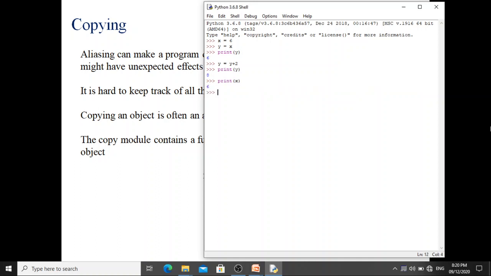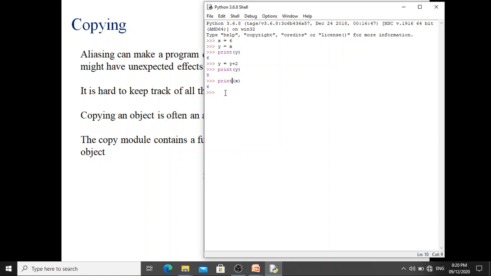It is 6. Why I am showing you this is, x is one variable to which 6 has been assigned, and then I have used one more variable, y, to which I am assigning x. In this case, what happens? The value of x is copied onto the variable y. Now x and y are independent. They are not referring to the same memory location. They are actually different memory locations. So whenever I modify the value of y, only y is getting changed but not x. This kind of example we have seen in other languages.